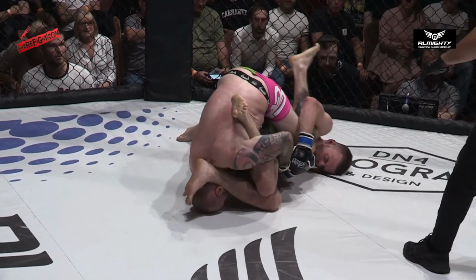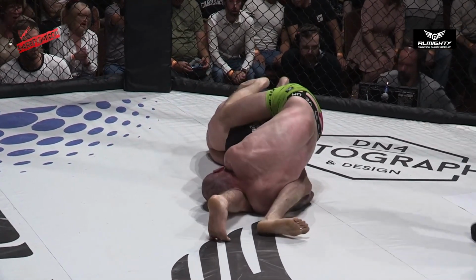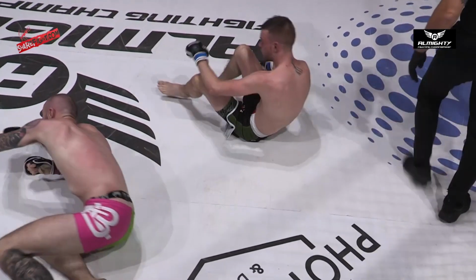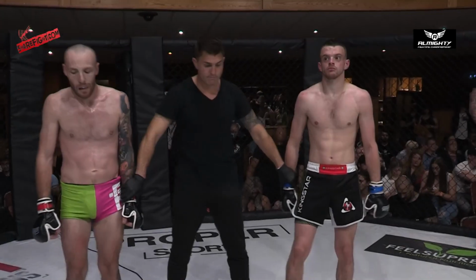Oh. There, he's really working to try and secure that to finish it. I can't see where the elbow is from this position, but great 3-round fight from these two young athletes. Absolutely phenomenal. Ladies and gentlemen, after 3 half